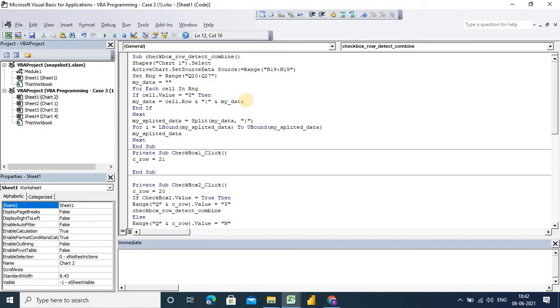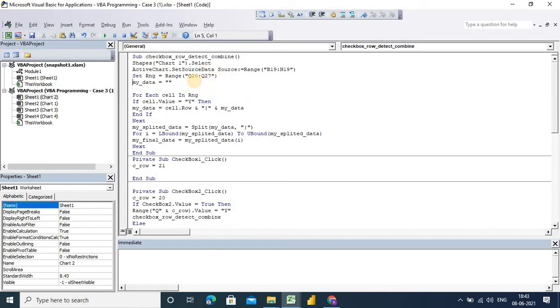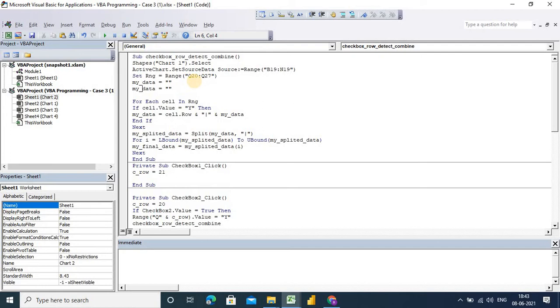Splitted data, I simply write my final data is equal to my splitted data, and I am adding 1 here. Okay, so I will have to again apply my final data. This is my final data, right?